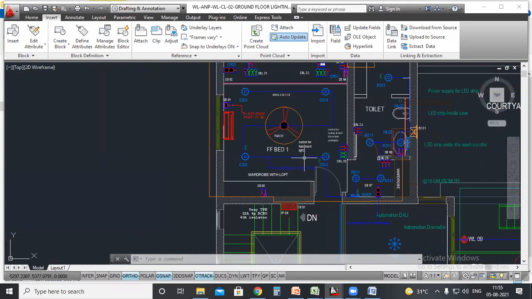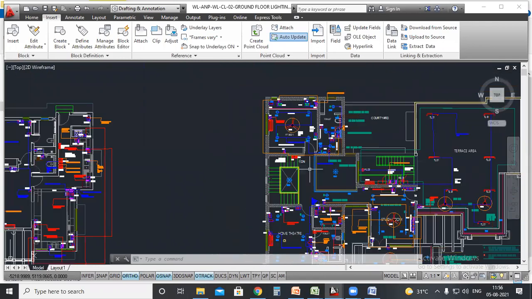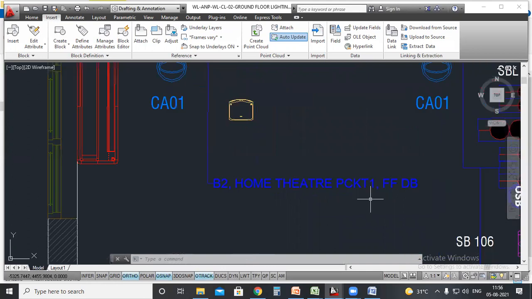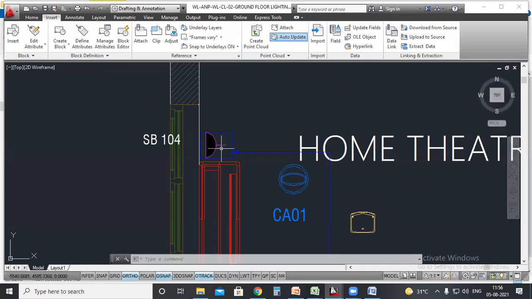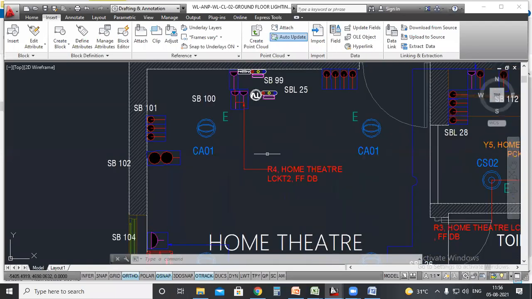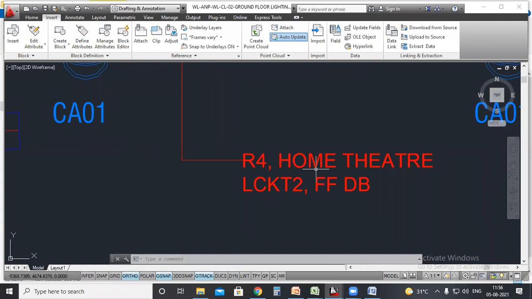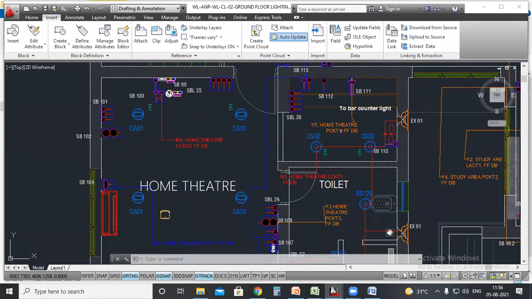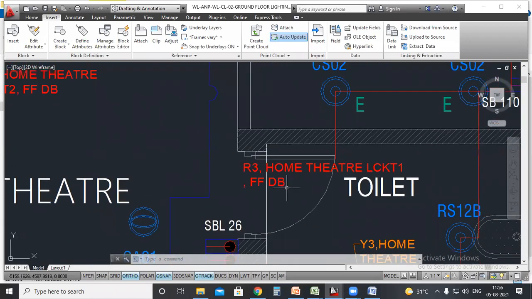So this is actually the phase wiring. Okay, so the phase wiring is also taken from the final balanced condition. So all the particular circuits will be mentioned. B2 home theater's power circuit 1, this particular AC socket. Okay, this is actually for AC, and this one is R for home lights, meaning home theater light circuit to FFDB, first floor DB. It is coming under the first floor DB, and this one is R3. So this is actually done after the balanced condition.